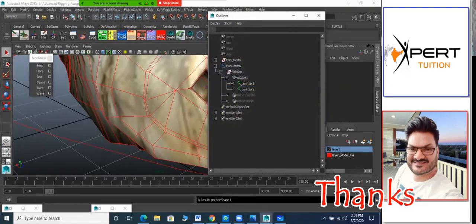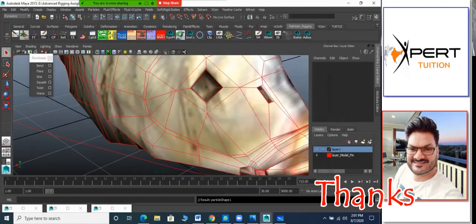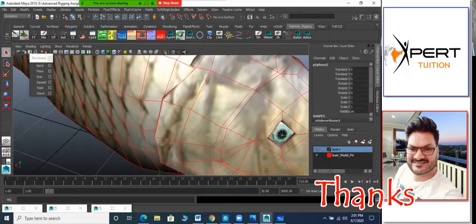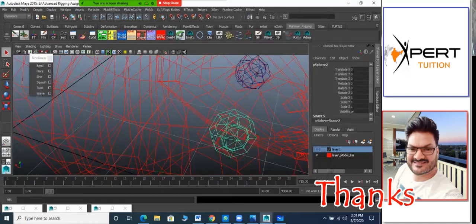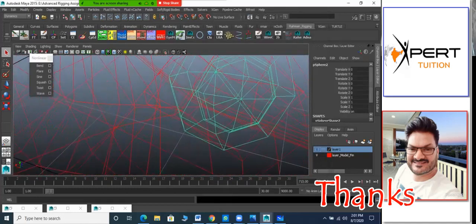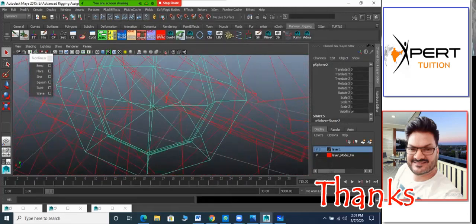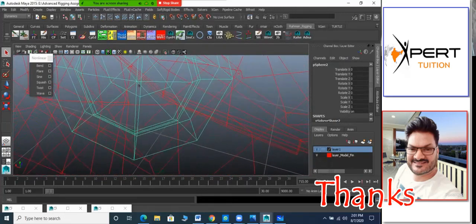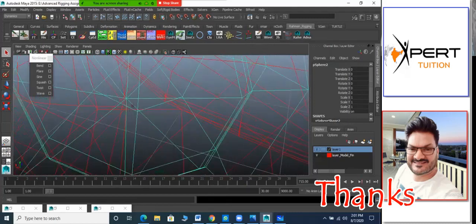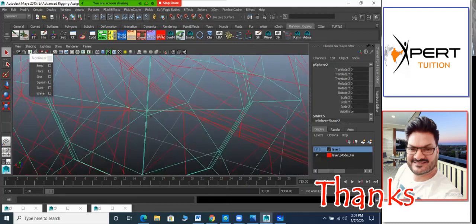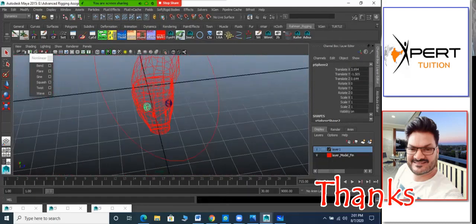Now select the eyeball. In wireframe mode we can select that. Zoom in a little bit, go inside and find the emitter. You have to change the angle a little bit so that it is easily in the open space. If any line is there, then it will be difficult to select. So I select this one and hit P. That way this got parented. You can cross check what is happening here.